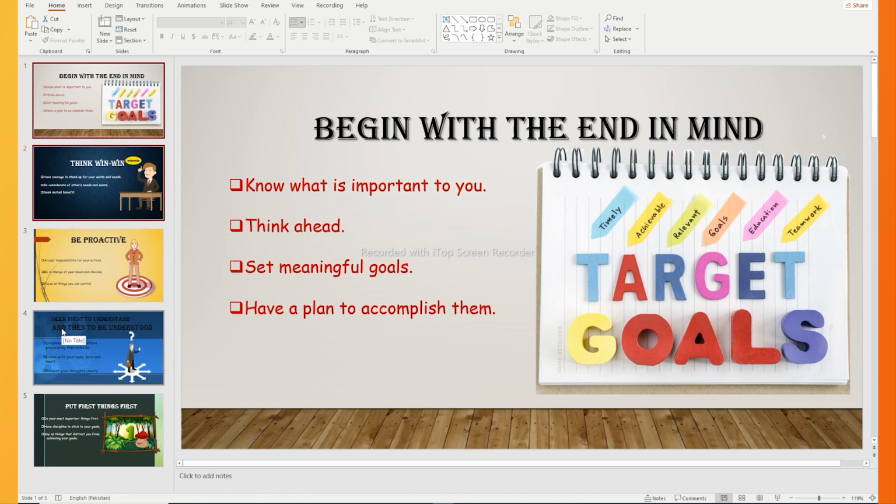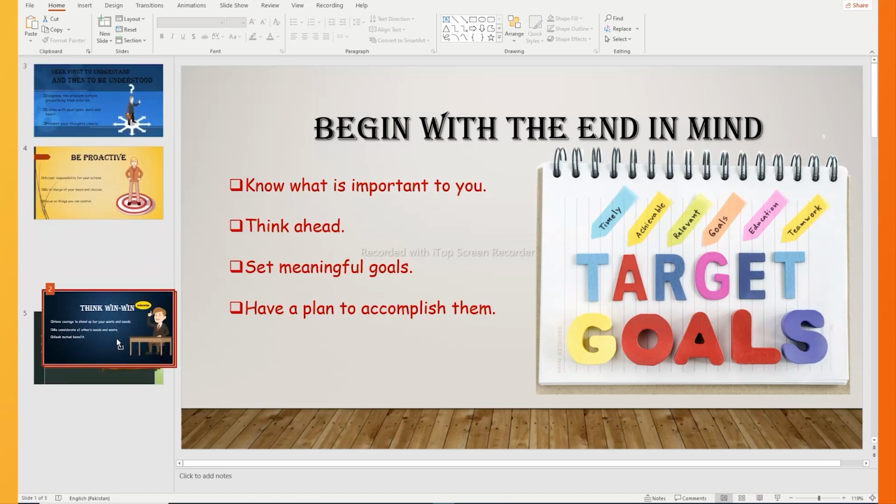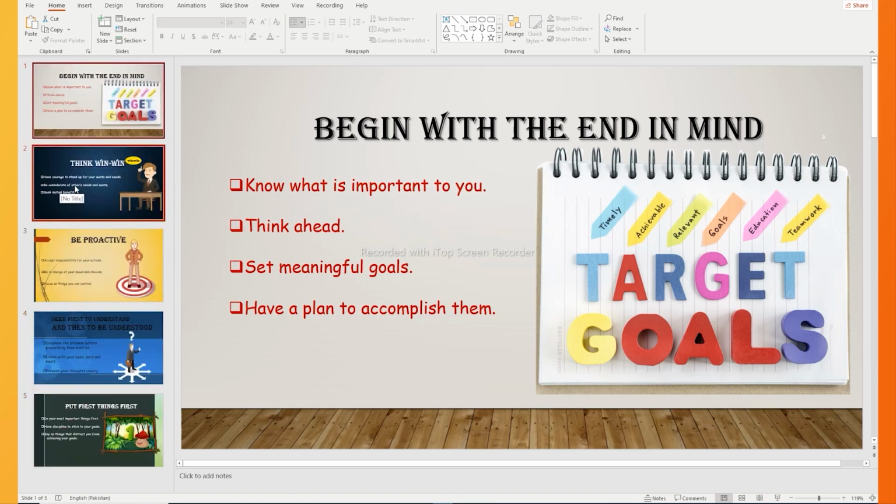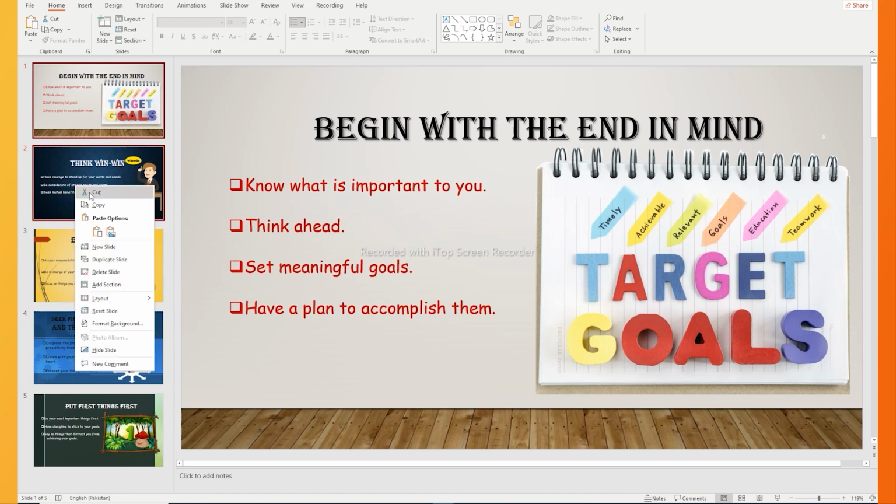Once two slides are selected, either we can use the drag and drop method like this to place these at my desired location, or we can right click and use cut and paste commands to move this slide to a desired location